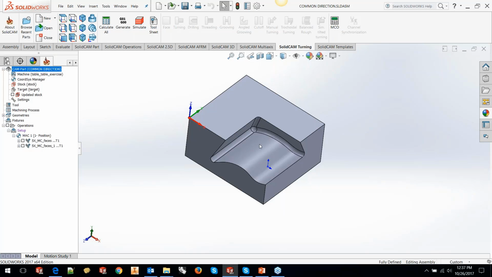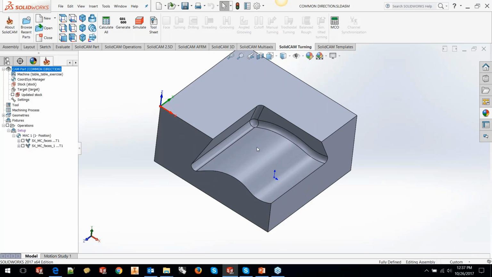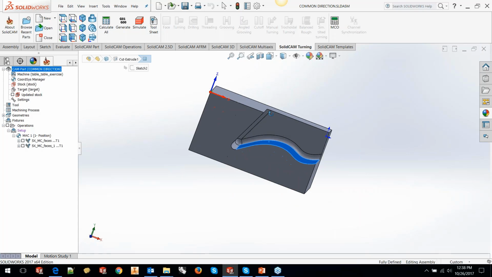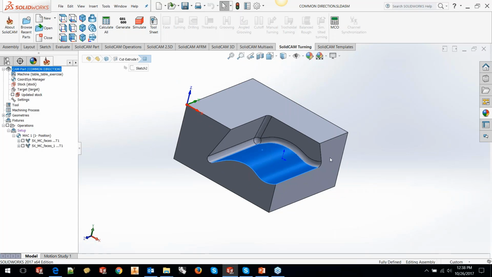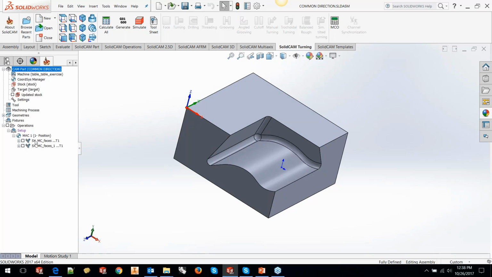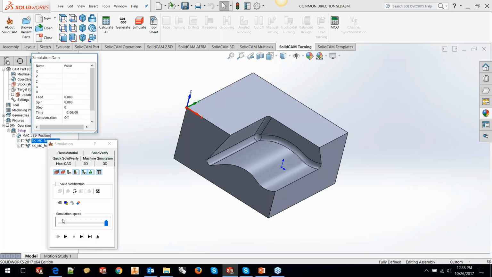Okay, so we have a part here, and I would like to machine this surface in 5-axis. Why 5-axis? Because I have got two surfaces here which have a negative angle. So I want the tool to tilt as it approaches the surface here, and I also want the tool to tilt as it approaches the further surface here. And then I have a combination, which is a fillet, which has both this angle as well as this angle. So the toolpath here looks something like this. If I just run the simulation,